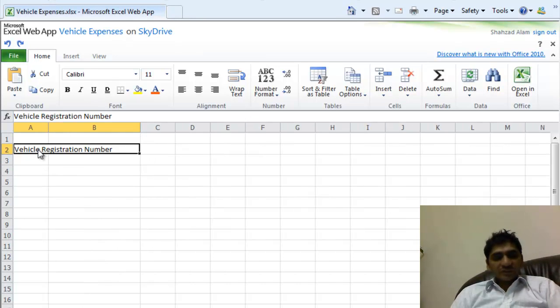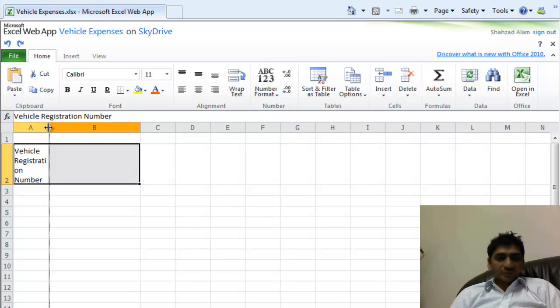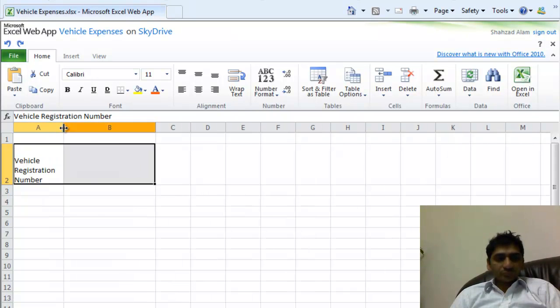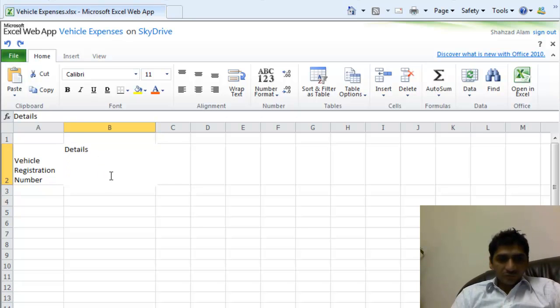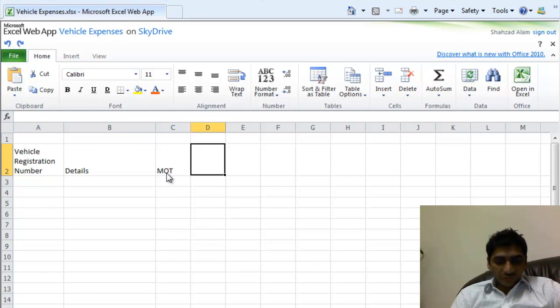Now you can see this text is going to the next column, so you simply go and say wrap text. Okay, so now this whole text is coming into this column, and over here we can add some other details or notes, and here we can say MOT, and over here we can say road tax,